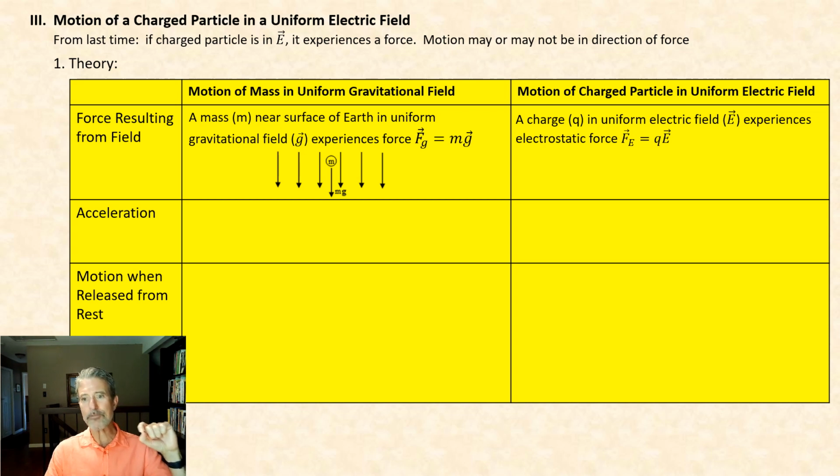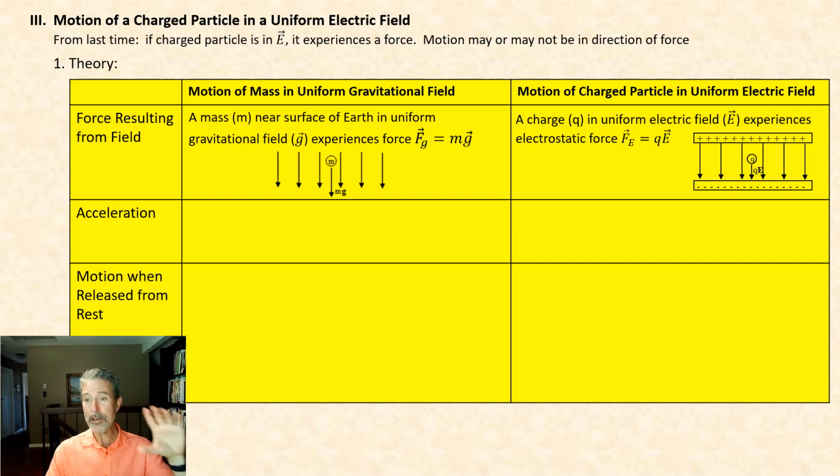Remember, this is how we define the electric field. This is nothing more than the definition of the electric field. And we can think of this perhaps as a charged particle that is placed in between the charged plates of a parallel plate capacitor. A parallel plate capacitor consists of two conducting plates that are parallel to each other that have equal and opposite charges. And this would be a charge configuration that would set up a uniform electric field in the region between